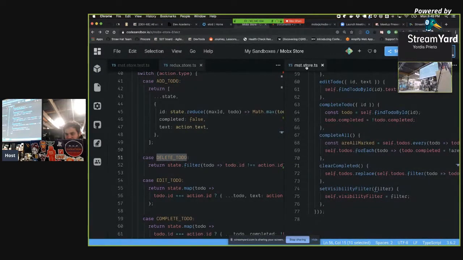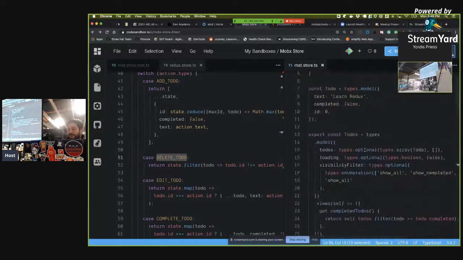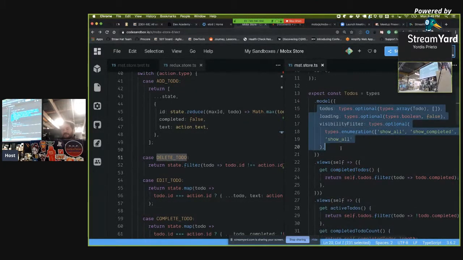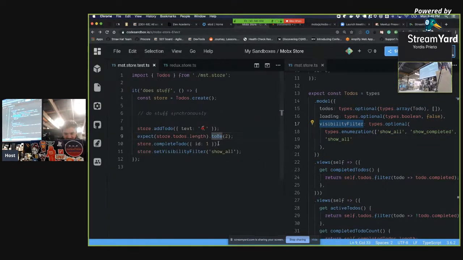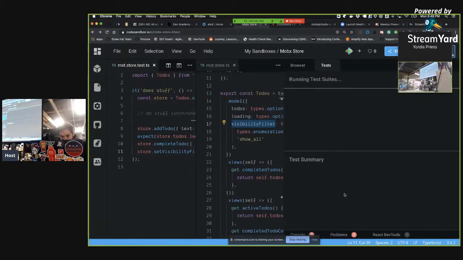Let me make this bigger. So yeah, when you come to the Movex side, all you need to do is specify the data structure. This already gives you type safety, by the way. It actually knows that, for example, when it's the visibility filter, let's go to the test case, and I'm trying to do something like this, and I run the test case, it would say,